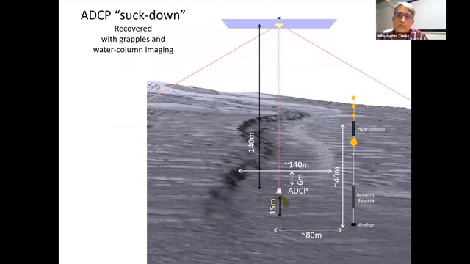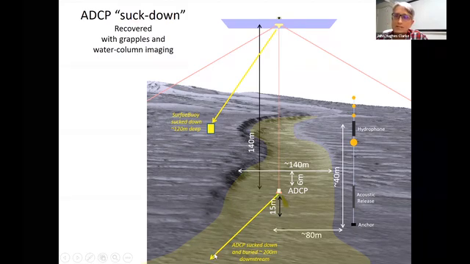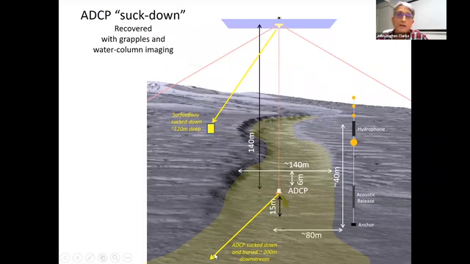So what happened, this is the geometry. That's actually the location of it. The flow comes by, even though the ADCP was 15 meters above the seabed, and most of the flow was lower than that. There's some sort of suction effect, and it dragged the ADCP down 200 meters downstream and buried it, and it never came back. But we're lucky because